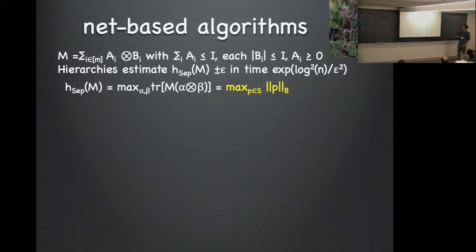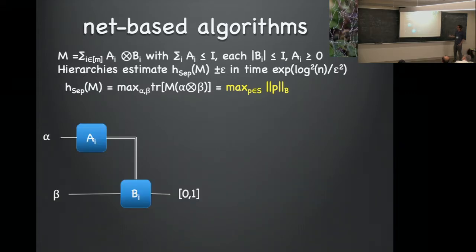And this can be used to define a norm, which I'm calling the B norm. So the B norm of a vector x is you just multiply x sub i by B sub i, and you take the 2 to 2 norm of that. And so H sep, you can think of it as the maximum over probabilities P that are in this set of things you can get from alpha of the B norm of P. This set S is all the possible probabilities that you can get from this process of measurement by Alice. Okay, so I've just rephrased H sep for this special case of these kind of measurements.